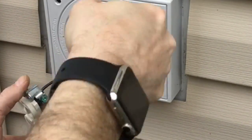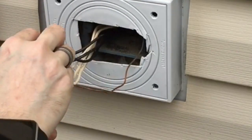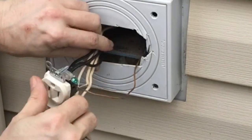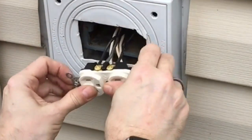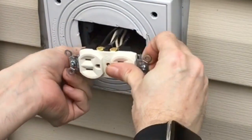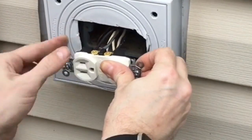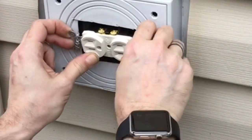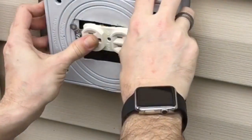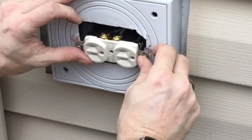Awesome. Now we're going to twist the wires in such a way where we can try to get these all back in there. This is always a little challenging. Sometimes more than a little challenging, but don't be afraid to give it that extra push to get in there. And it seems to be...